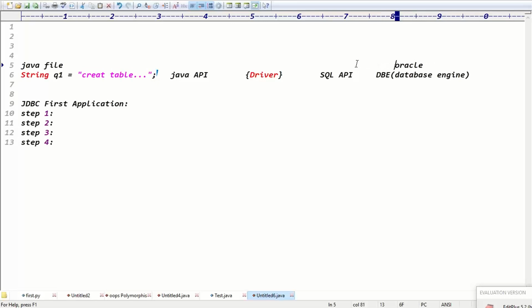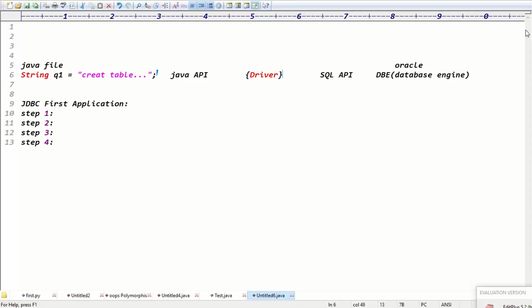Yes or no? Assume I know Telugu and Vandana knows English. Definitely communication is not proper, right? In the middle, we require one translator who translates my Telugu words into English, right? Exactly, guys. He is basically a translator. The driver is a translator. Guys, we got the clarity, right?